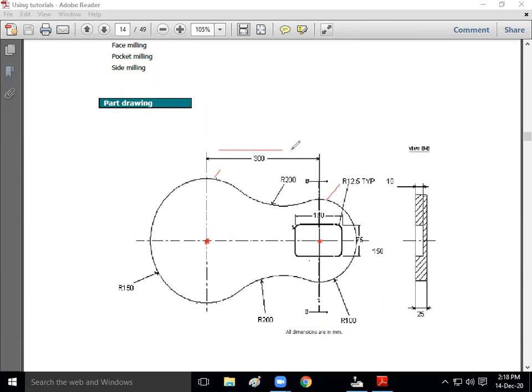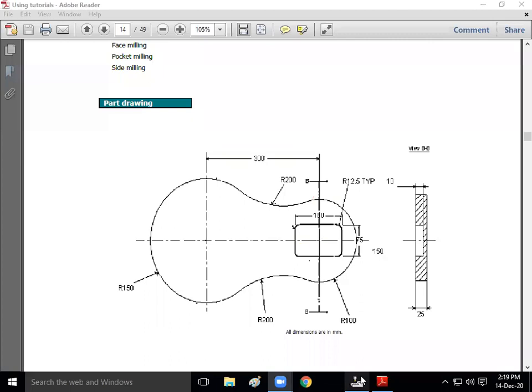Okay, so here he has given the distance. From this point, this is our positive x direction, and from this point it is our negative x, and this is our positive y and negative y. So the center point of this rectangle and the first circle is 0 0, and the center point of the second circle is, in x direction, minus 300, and in y direction, 0. And later I am going to join this circle and this circle, and create this shape.